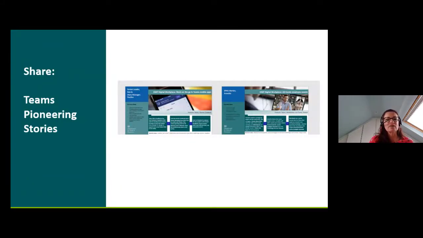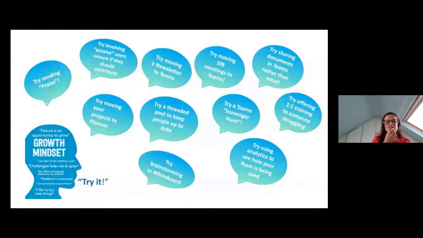So this is a format that we're using. The panel on the left shows, it's really small here, but it's showing the current state, where they've started from, the pain points and challenges. And then the three boxes along the bottom are showing their new way of working, their better, improved way of working using Teams, and the apps that they might be bringing in there. So we've got here work on the go in Teams mobile apps, and I've got here all hands employee events, so two very different ways of using Teams. We also introduced them to what Stephen has now renamed as Try It cards,